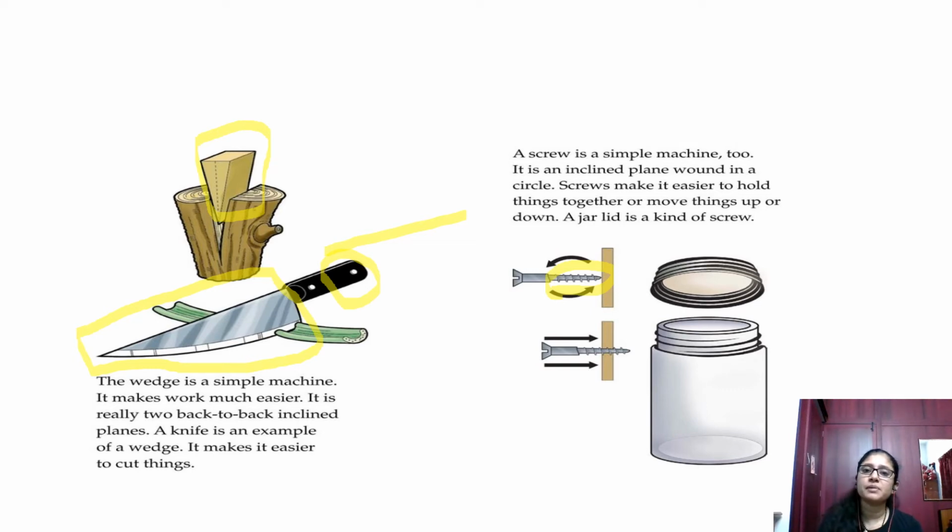And one more example of a screw is the lid of the jar, the lid of the water bottle. When you roll it, you can see the wounds there, like the twists and twirls. Okay, so that is called a screw. That is why it is called a screw. So some of the examples are the bottle and the jar when you roll it, and the screw itself is an example. The jar lids, the bottle lids, the lids of all the things that have those twists and twirls, that is called a screw. So screw is a simple machine.